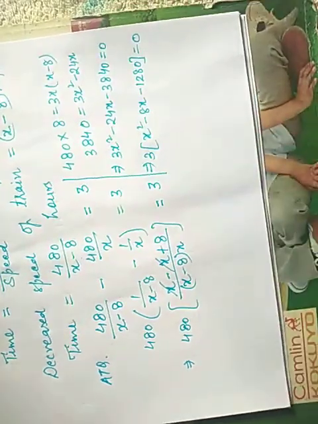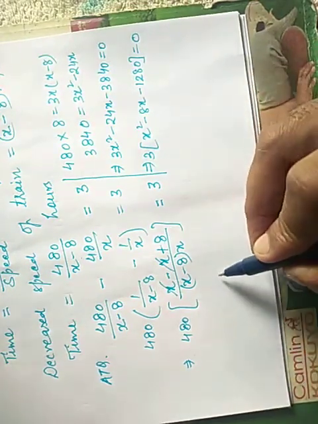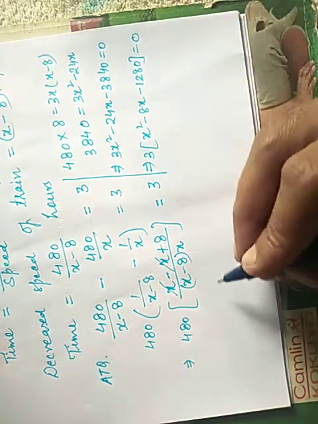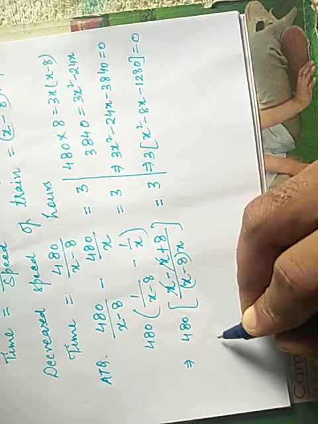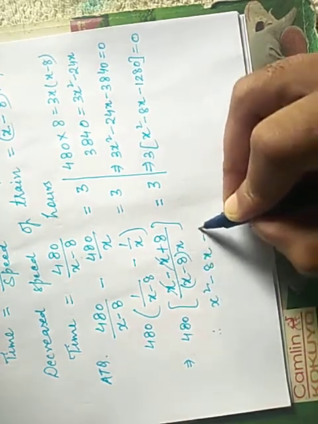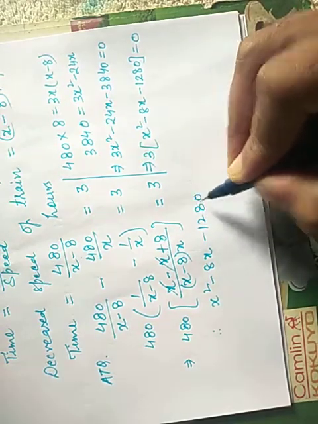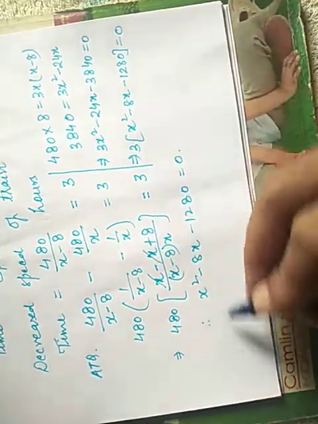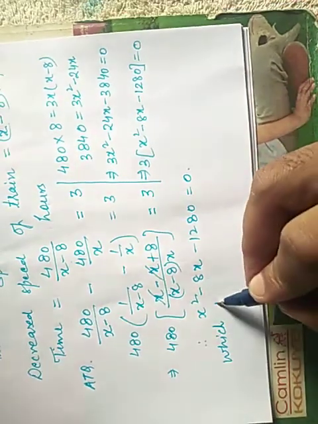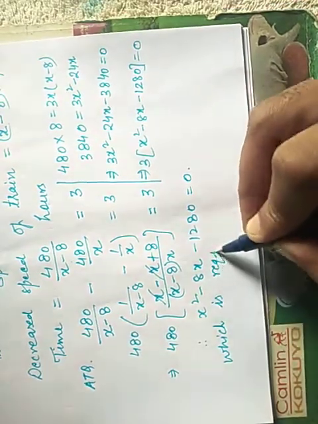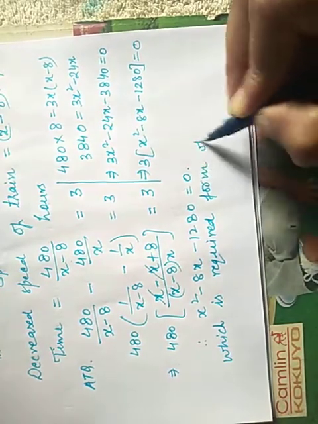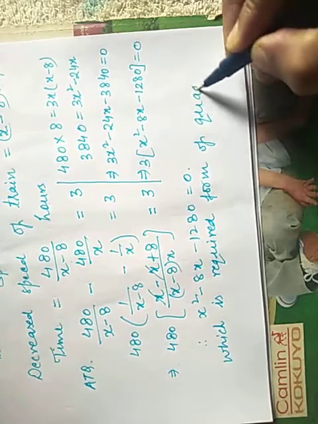And finally this 3 can be cancelled by dividing on both sides, therefore the final equation will be x square minus 8x minus 1280 is equal to 0, which is the required form of quadratic